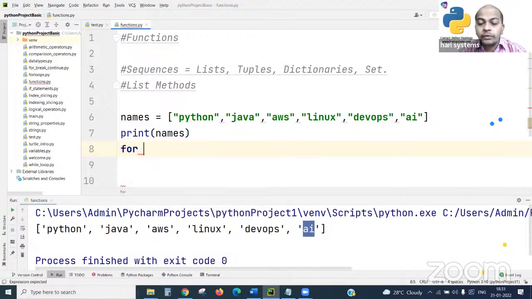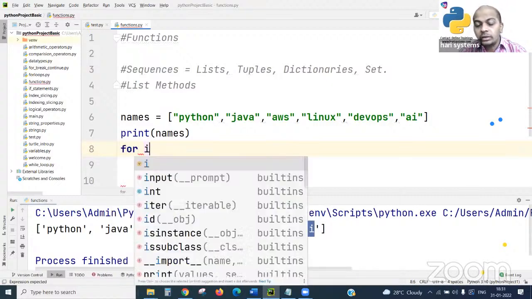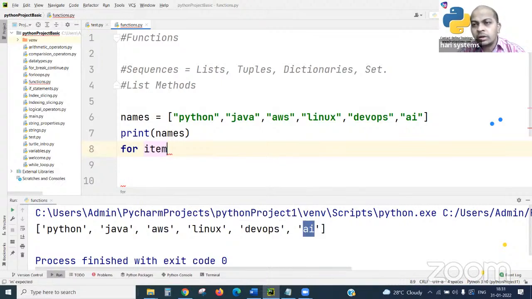See, using for item, we can take any name that is not reserved. Either I, if I am not interested in I, A you can take, or if you are not interested in A, C you can take, anything. Whereas to follow a standard for loop statements, I means iteration initiative value, or also you can take it as an item. If you are treating them as items, you can take it as an item.